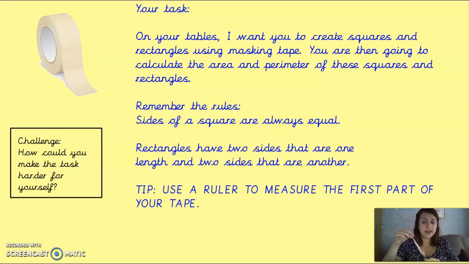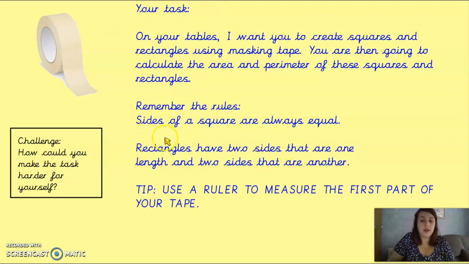Hopefully, at the end of the lesson, you will have a picture that you can send to us with lots of different squares, rectangles made up out of tape. And inside, on a bit of scrap paper, you're going to have written the area and the perimeter of each one. However long the first piece is that you pull off is going to determine your square or your rectangle. So you need to measure that first piece before you pull off 4,